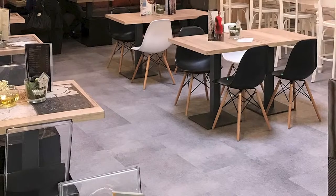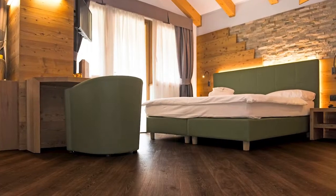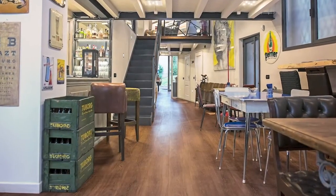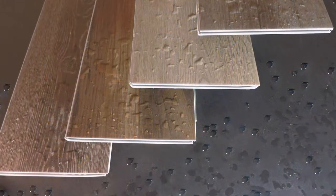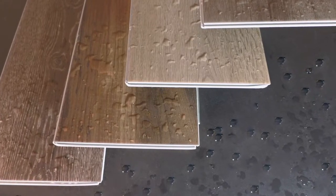Then we have our Aspecta 10, and that is a 10 millimeter gauge thick product, a pretty beefy product. We have installed this in several applications, and the great thing is that because it's 100% vinyl, it actually is a waterproof product. So water will not affect the integrity of the product. It has our drop lock 100 click system. It has the DuraSpect finish, and there's over 30 SKUs. And it does carry the same warranty as Aspecta 5. So you have a 25-year non-prorated commercial warranty and that same